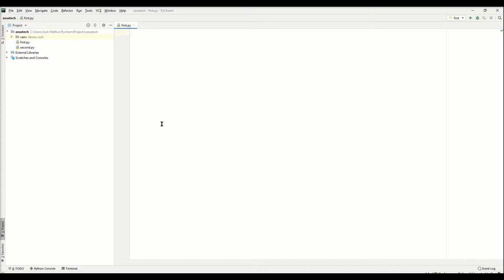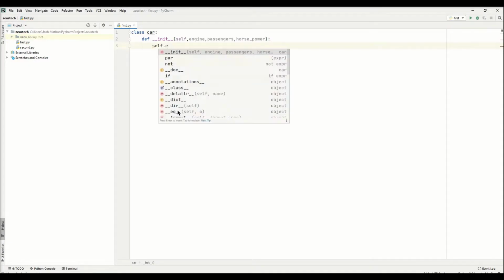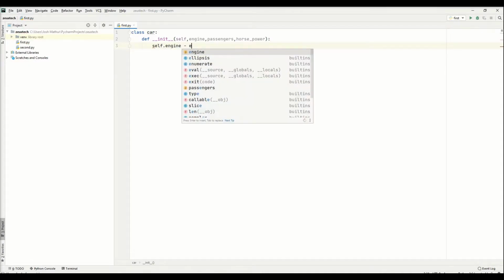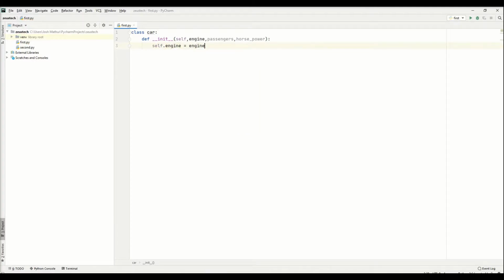Let's start off by making class Car. In a class, we're going to be using init for this, and we're going to have maybe engine and passengers. I'm not the best with cars, so let's keep horsepower as well, and that's good enough. Then we're going to have self.engine equals engine. And tell you guys what,